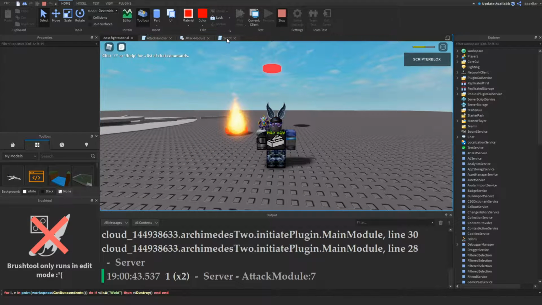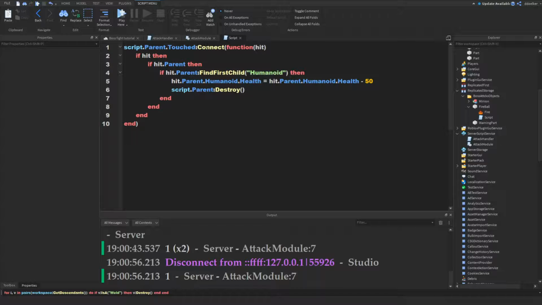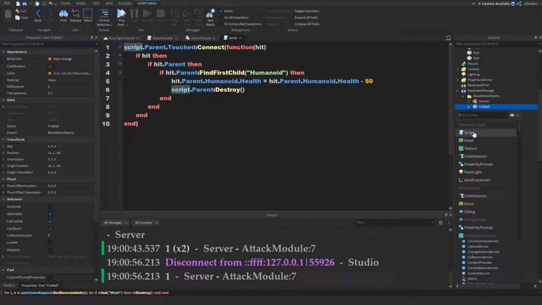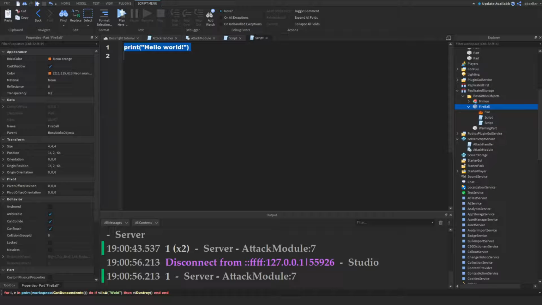Actually, just to make so that players can even survive this, I am just quickly going to make it so that it gets destroyed before it touches something. Let's just add a second script. Repeat wait(1) until script.Parent